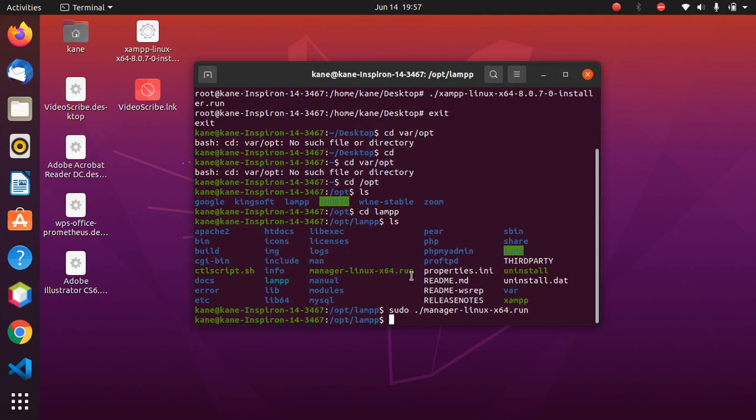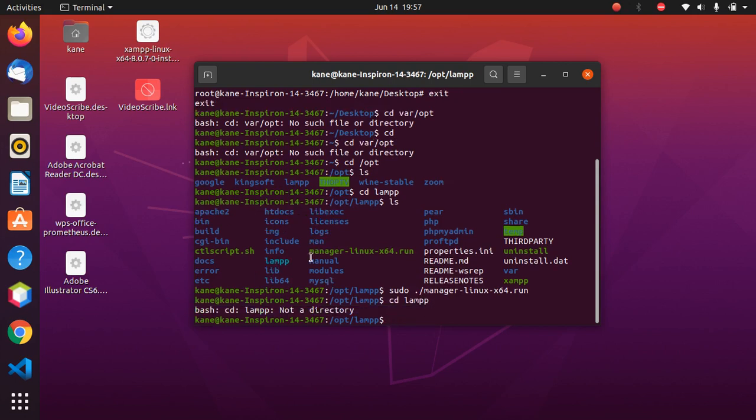Now in case you want to remove XAMPP, then you can simply run this file. You can simply type here sudo and the path to uninstall. It will simply remove XAMPP from your system. And again, if you want to save your project, then you can save your project inside the htdocs folder, which is located inside lampp. So let me just show that folder to you.